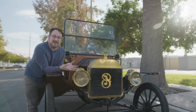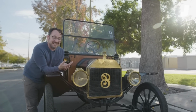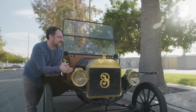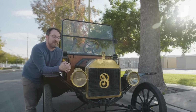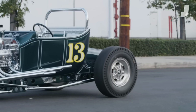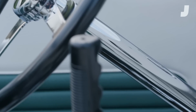These are fascinating cars. These are literally what put America on wheels and driving, and it's really not like driving anything else. It's a dead end. It's a way of driving that stopped at this one point and is never gonna come back to again. But it worked while it worked, and it worked for a hell of a lot of cars. So it's worth remembering and, you know, respecting. So thanks, Model T. While the Model T may have been slow and strangely engineered by today's standards, I soon